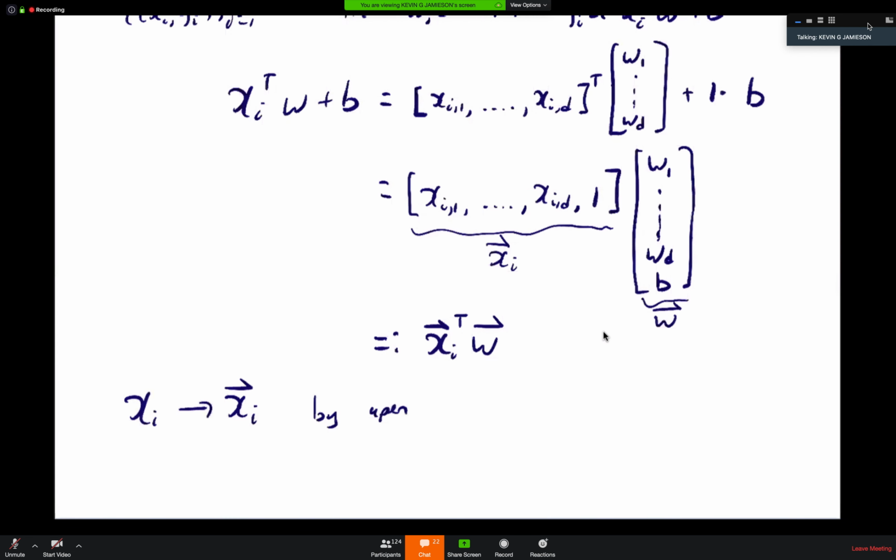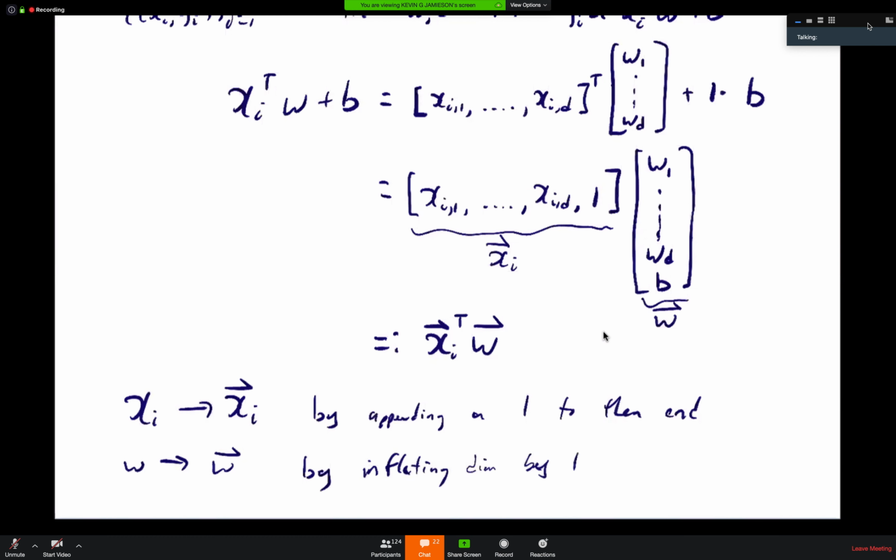Because now all I would do is map my x_i's all to a new x_i by appending a 1 to the end, and then w by inflating the dimension by 1. And then we would just solve the linear equations just as we did. Another way of doing this, and appending another row of 1s is equivalent to just having, let's call it that,